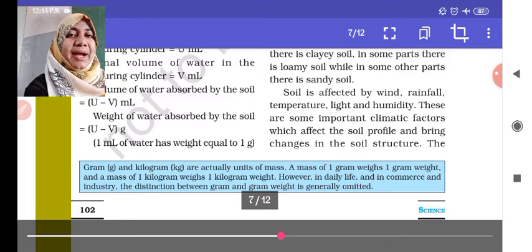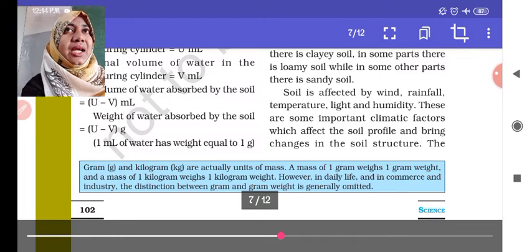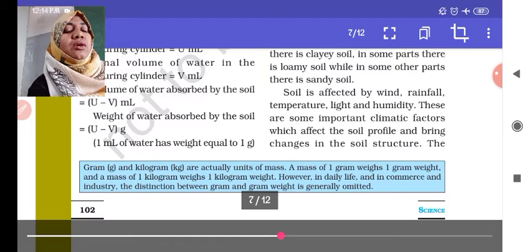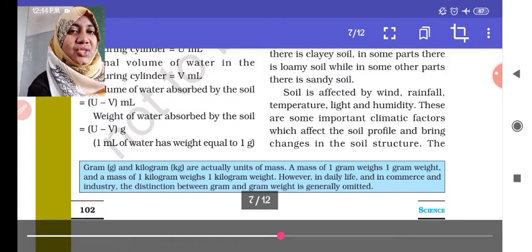Clay soil means paddy is good. For clay and loamy soil, we can grow cereals and pulses. If it is only loam soil, then we can grow cotton and other crops. So in today's class we have seen just these two subtopics. I hope you have understood.